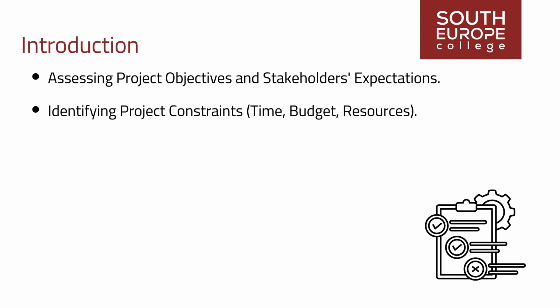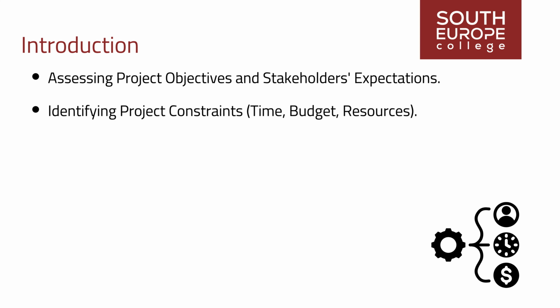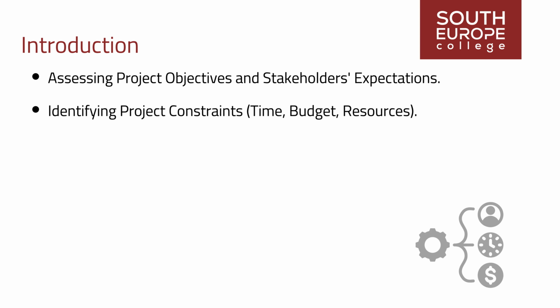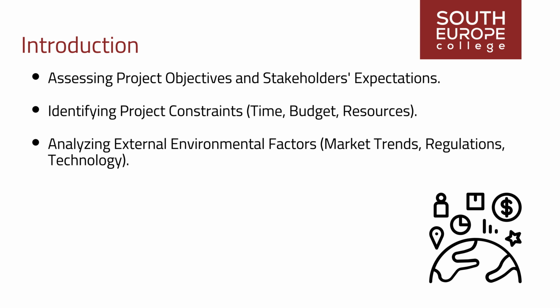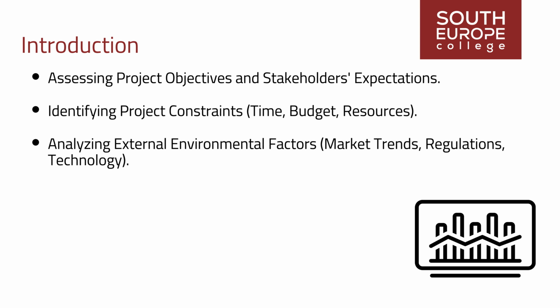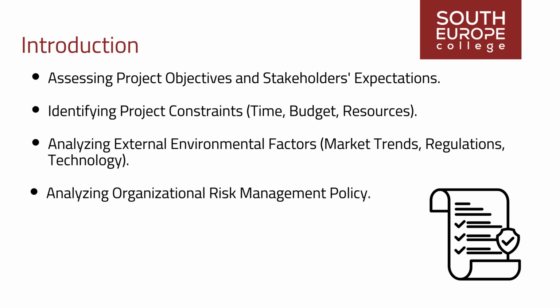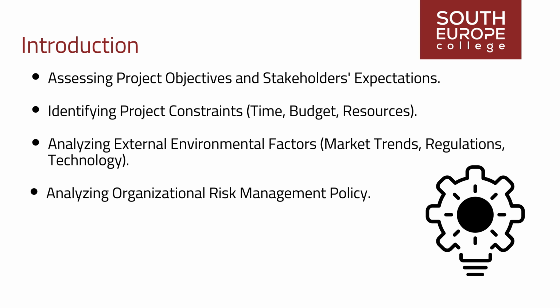Next, we identify project constraints such as time, budget, and resources, crucial for proactive risk mitigation. We then analyze external environmental factors, including market trends, regulations, and technology, to anticipate risks and opportunities. Finally, we scrutinize organizational risk management policies to align project strategies with organizational standards. By delving into these elements, we lay the groundwork for informed decision-making and proactive risk management practices essential for project